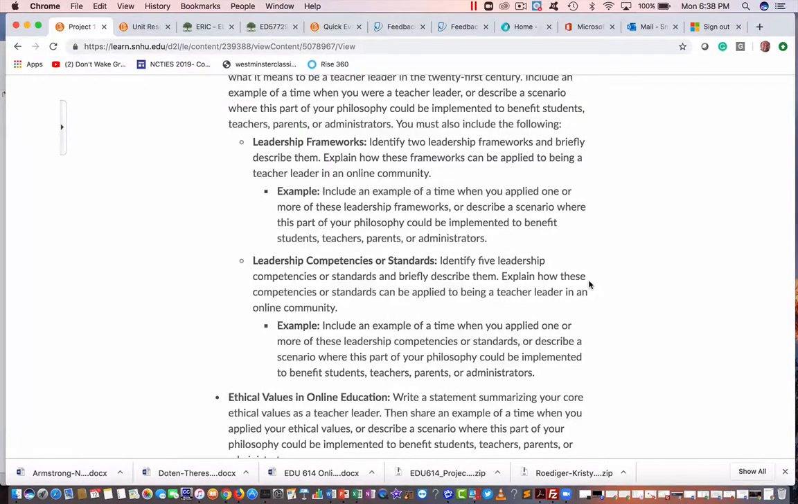Understanding more about the difference between frameworks and competencies or standards in Project One. So we've talked about this a little bit already, but I want to go into a little bit more detail and give you some guidance to help you get moving on the first part of Project One. So in the directions, there's a section that talks about leadership frameworks, and there's a section that talks about competencies